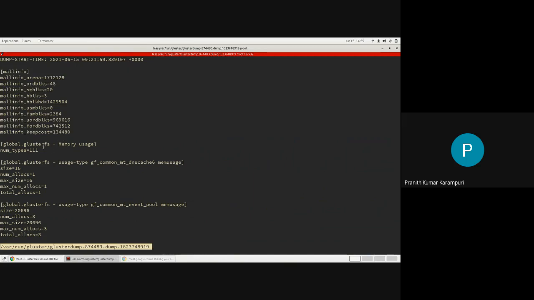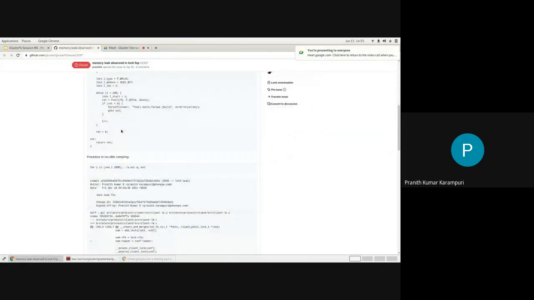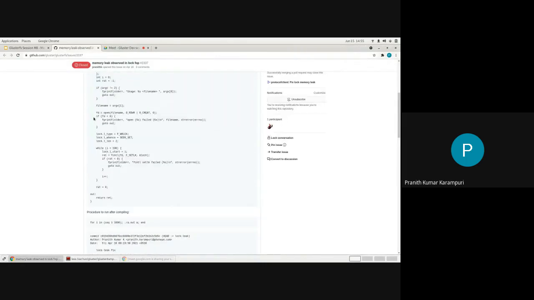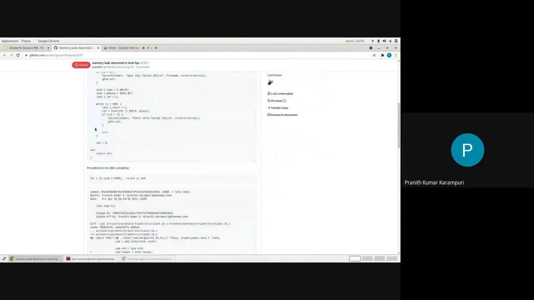This is more something that we wrote ourselves to pinpoint where the memory leak is stemming from. For example, in this issue that I was showing, we were able to find that the number of logs, the log structure, actually belongs to the client translator.